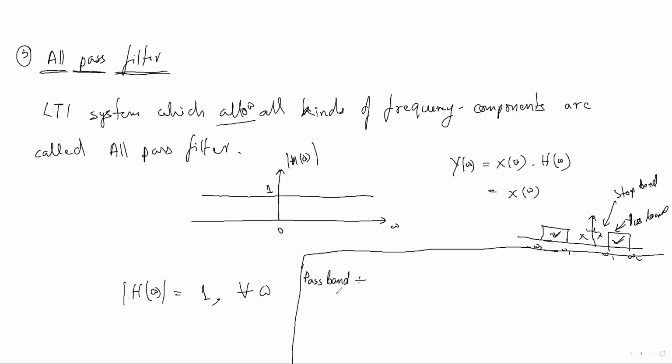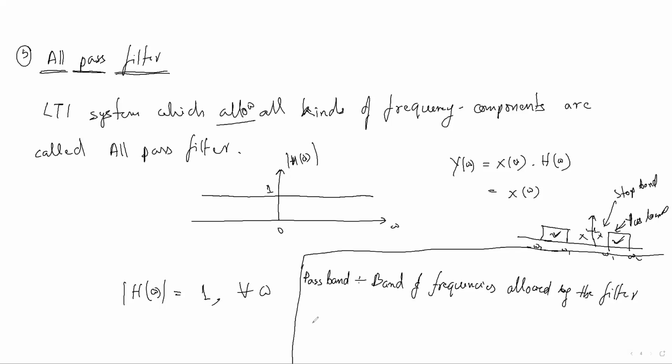You just take a note of these: pass band and stop band. By name itself you can know, but since these two terms are very important, that's why I'm discussing them here. Pass band means the band of frequencies allowed by the filter. The band of frequencies which is allowed by the filter is known as the pass band.